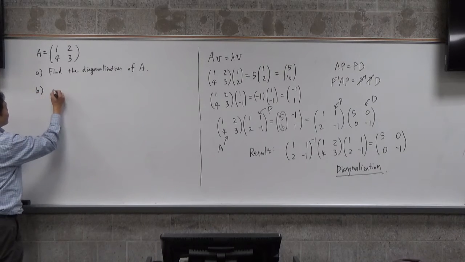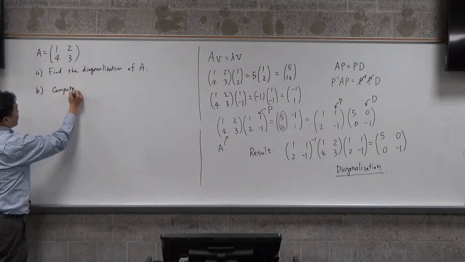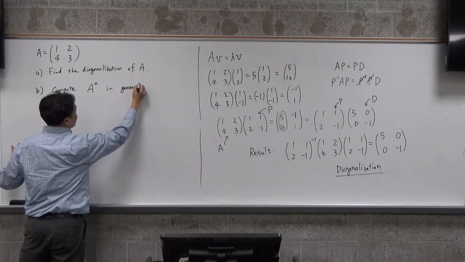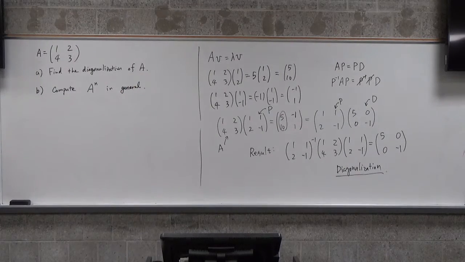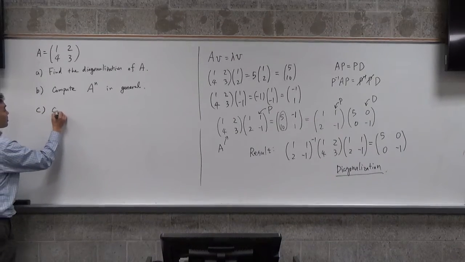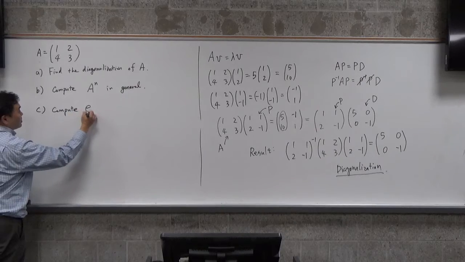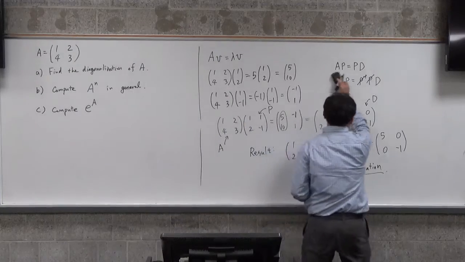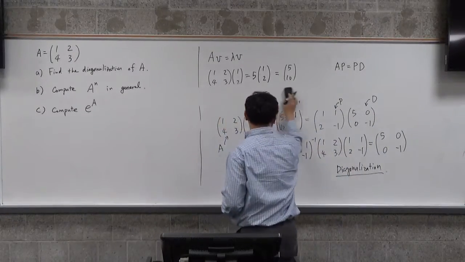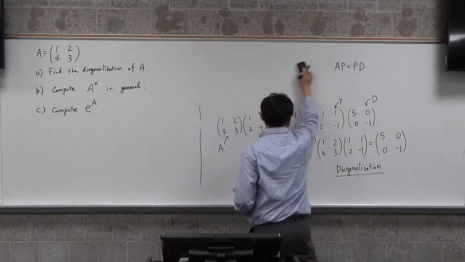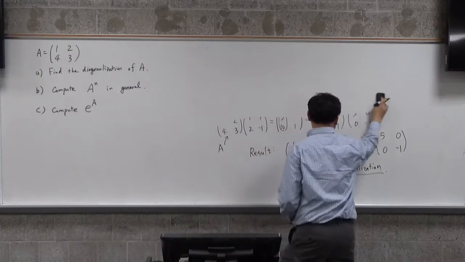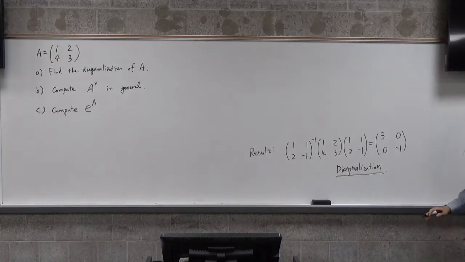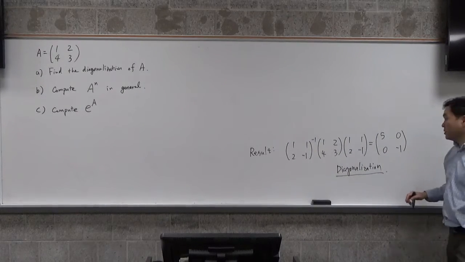B, compute A to the n in general. Okay, and C, compute e to the A. Let's try to solve part B and C. We just solved how to diagonalize matrix A. So,